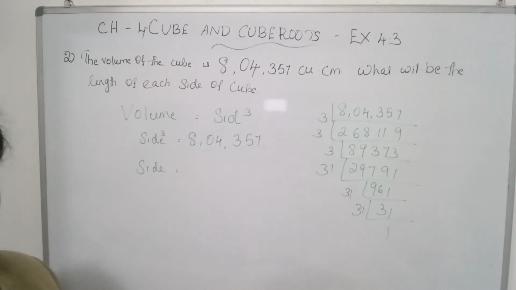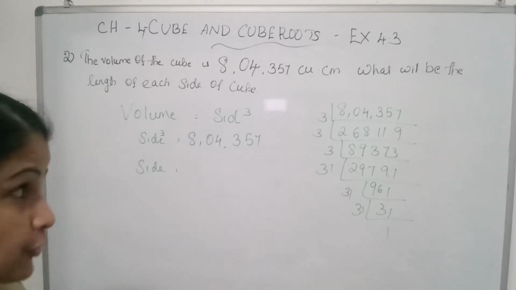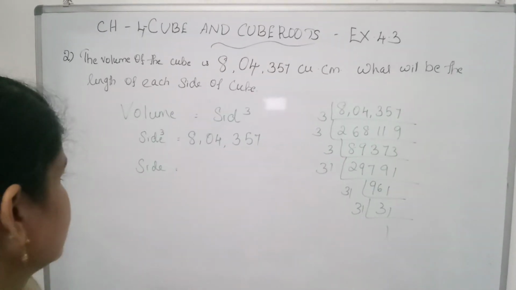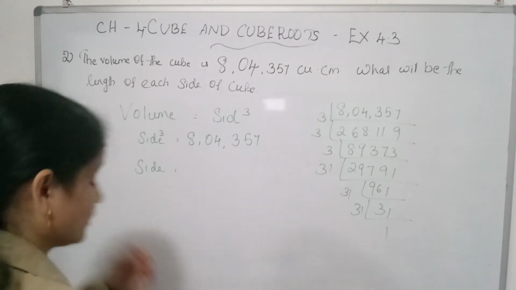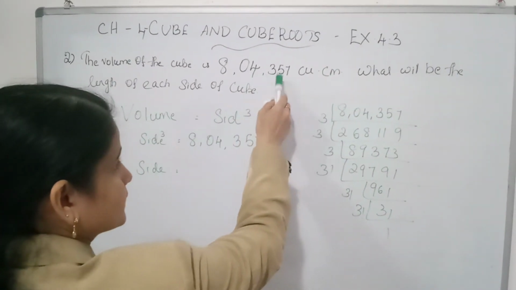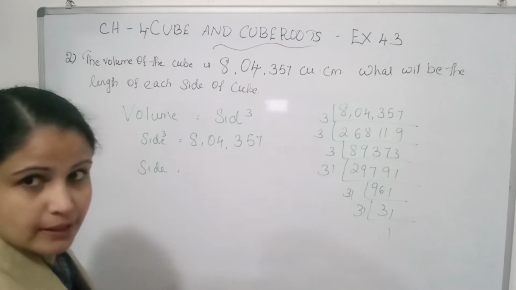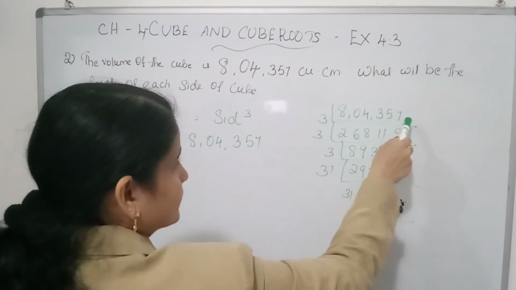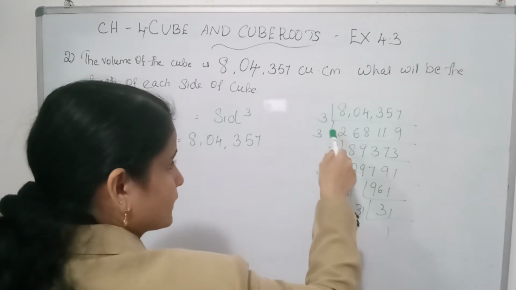So you have to find out what? You have to find out the cube root of the volume. Then you will get the side of cube. Here the volume is given as 8,04,357 cubic centimeter. So you find out the cube root. This is divisible by 3. So you have to divide this by 3. You will get